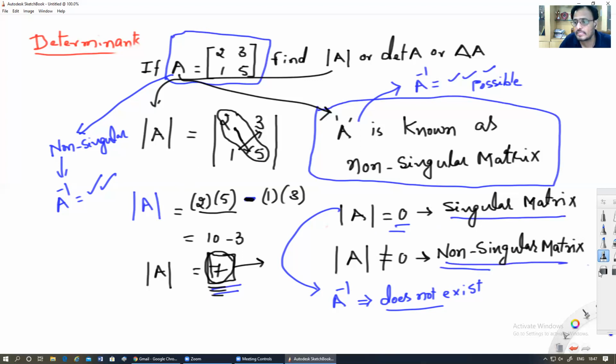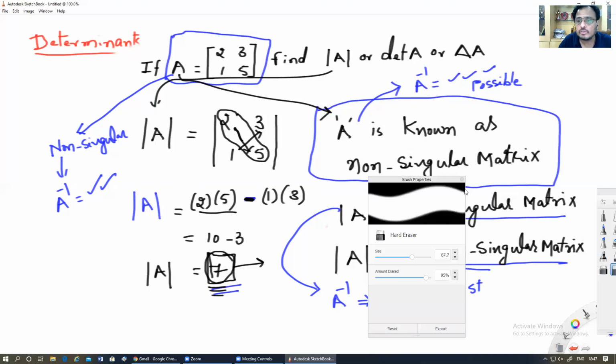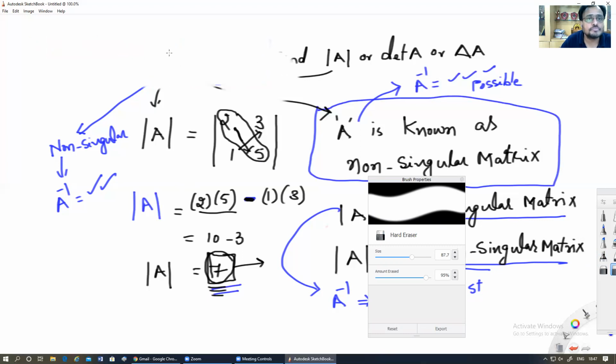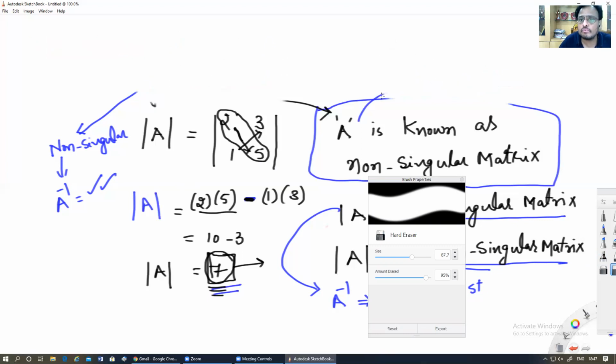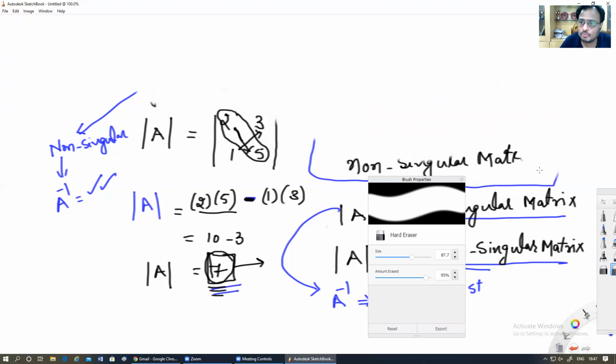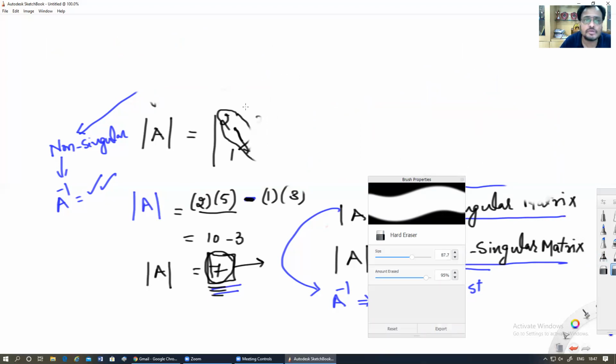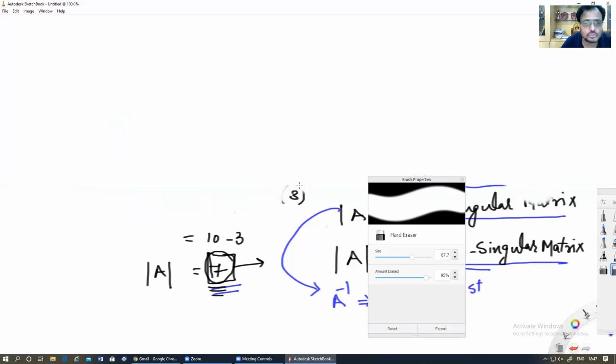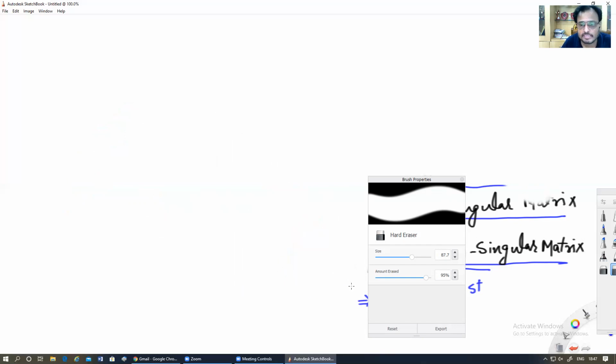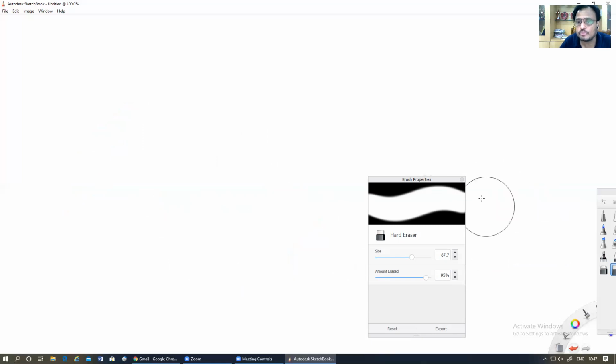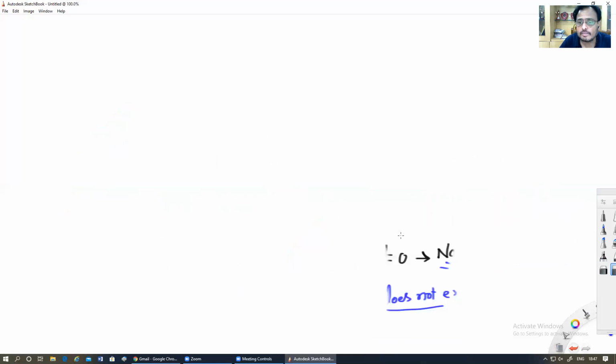So let me give one more example with this. I'm going to give one more example for you. Look here in the determinants. If at all you want to write, you can pause the video at your convenience and write down the notes. But now here, one more example. I'm not going to give the name of the matrix now, directly how to find the determinant also.